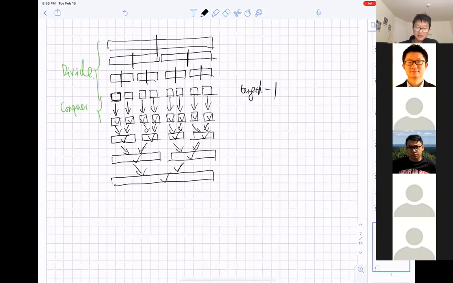So this is the output that we are waiting for. This is because at the last step we will get a sorted array that includes all the original numbers. We call this step combine. Okay, so this is how we use the divide and conquer procedure to help us design the sorting algorithm, and we call it merge sort.